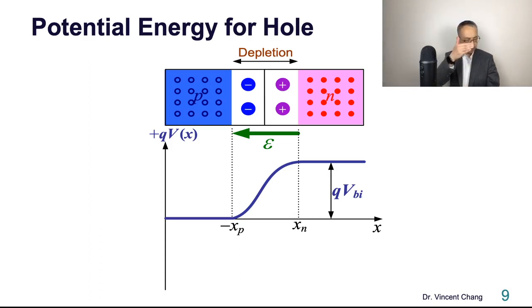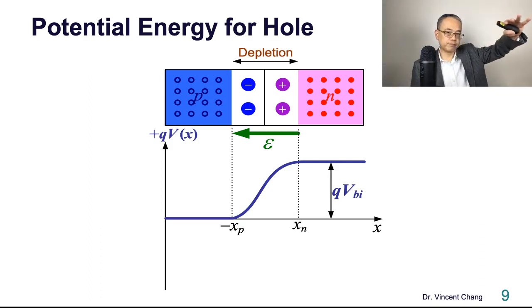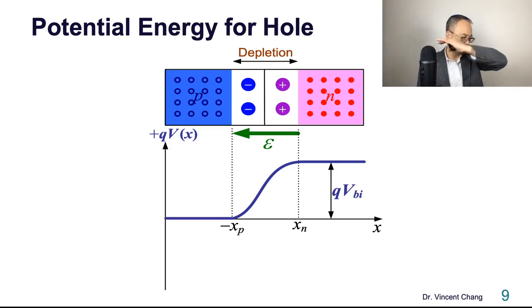If you multiply by the elementary electronic charge, the unit charge, then what? Because you multiply by a constant, the shape won't be changed, but the meaning has been changed. From potential, the volt times the unit charge